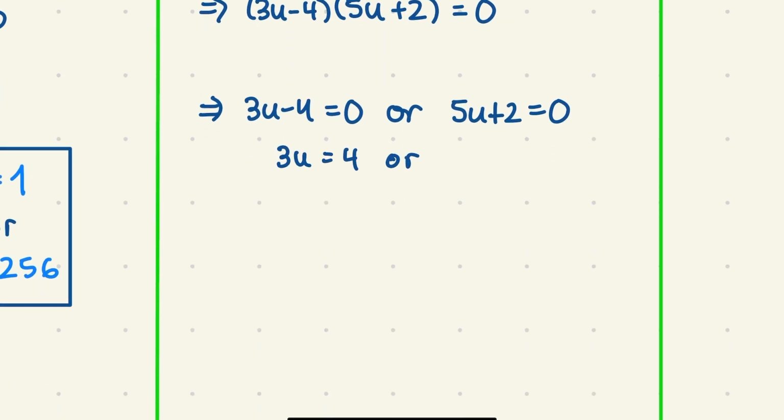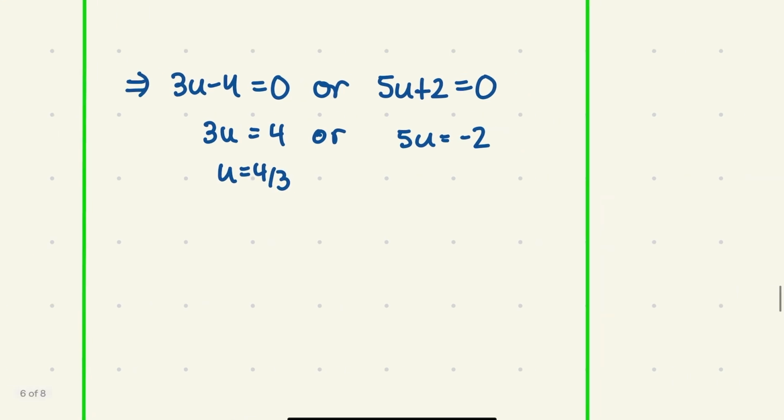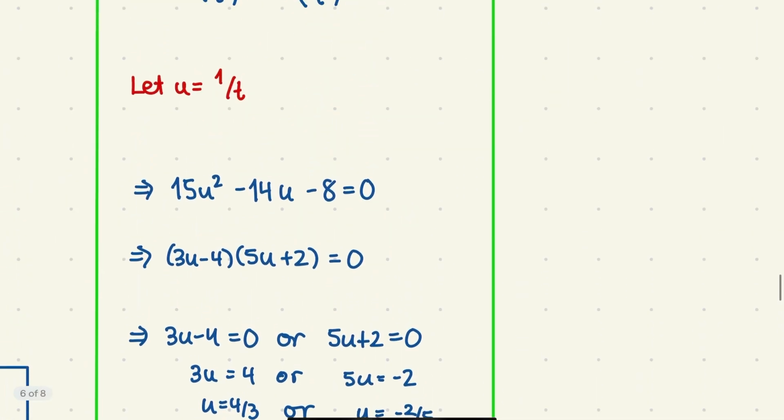And this one on the other side, we get 5u equal to negative 2. Divide 3 in the first one to get u equal to 4 over 3. And then on this next one, we divide 5, so we get u equal to negative 2 over 5. So again, are we done? Almost, since we have